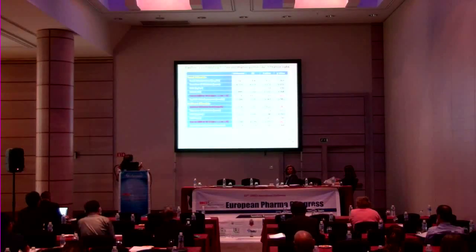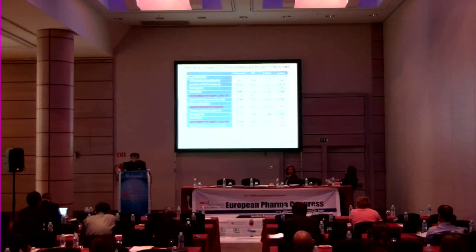So when total bilirubin is selected as independent variables, use of ARB or ACE inhibitor is shown to be a significant contributing factor. When indirect bilirubin is selected, indirect bilirubin concentration and use of ARB or ACE inhibitor are shown to